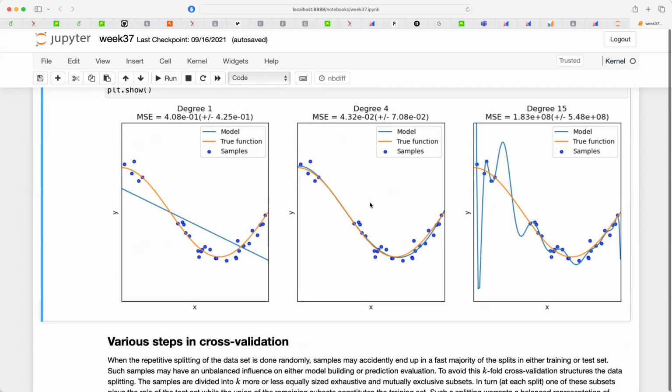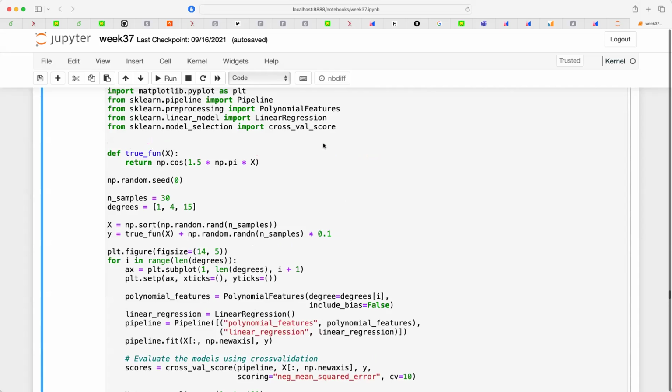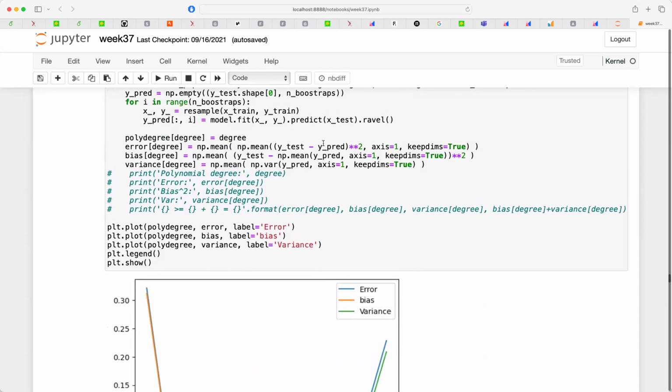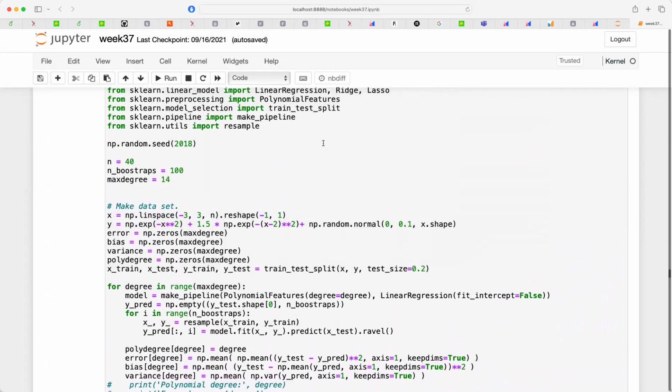So there is some kind of optimal model where you find the smallest mean squared error. Now, everything you do depends on the number of data you have. So if I now change this to 400, and I repeat the experiment 100 times with a bootstrap, and I fit this polynomial,